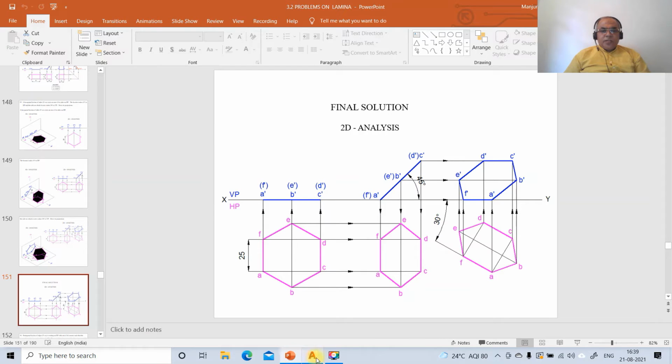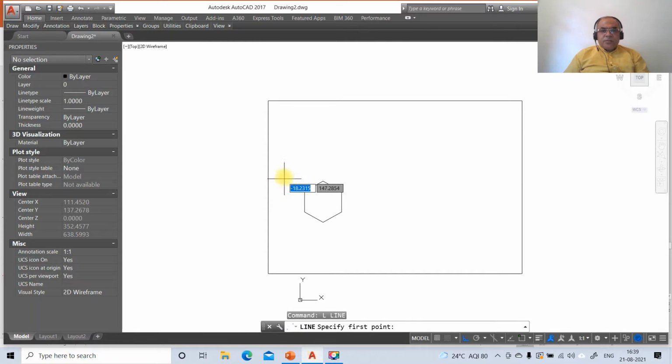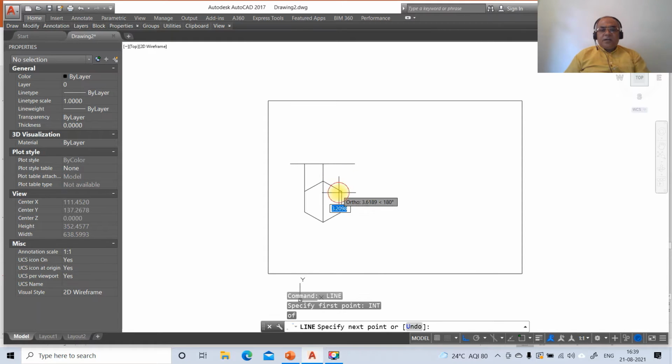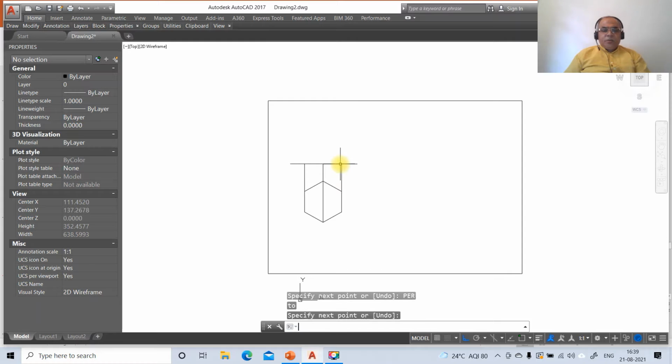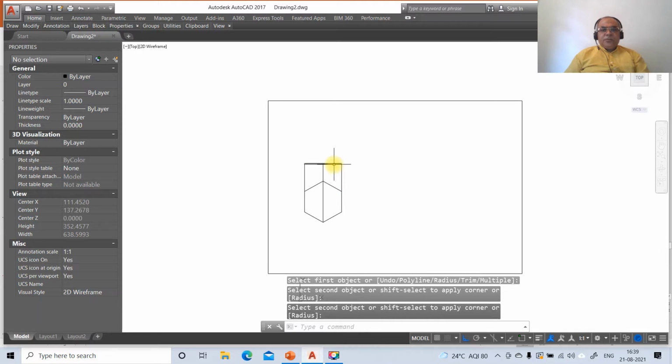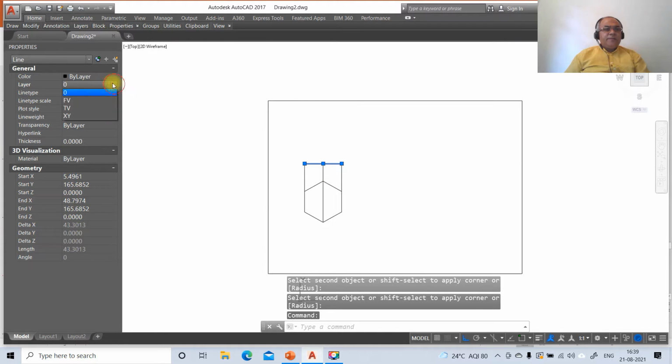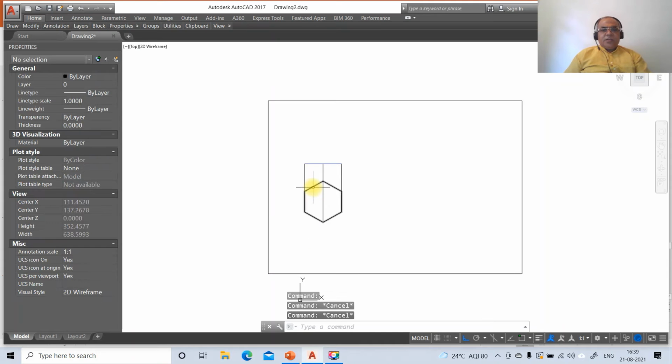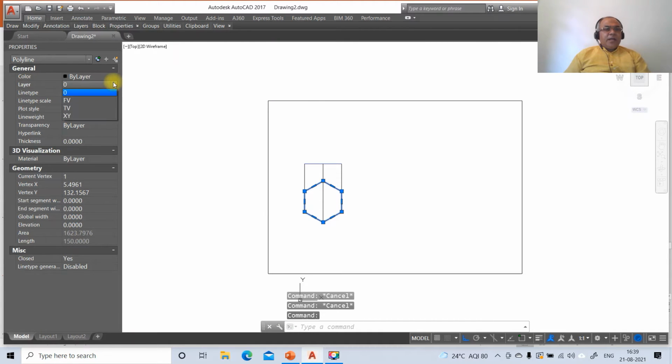Once you do that, go to line and draw a horizontal line of any distance. Then go to line, take the intersection point of this and draw a perpendicular to this line. Similarly, line, take INT of this and draw a perpendicular to this line. And then line, take INT of this and draw a perpendicular to this line. Then go to fillet between this line and this, and also between these two. Then click on this, go to layer and set it as front view. Then click on this again and make that layer top view. Then turn line weight display on.